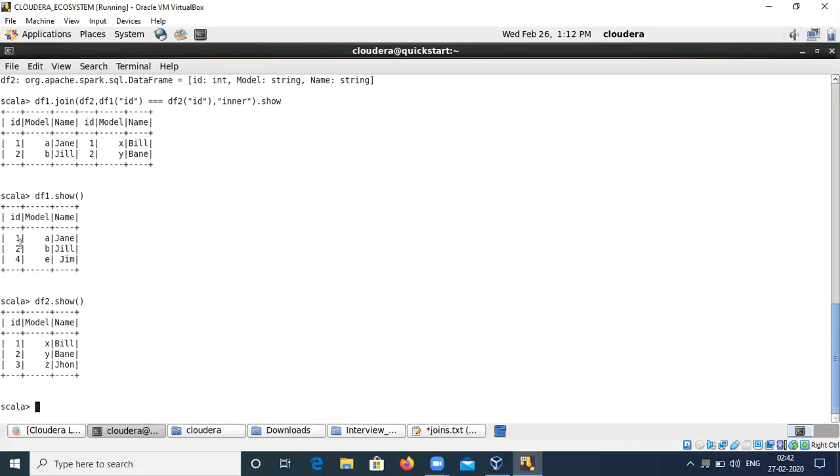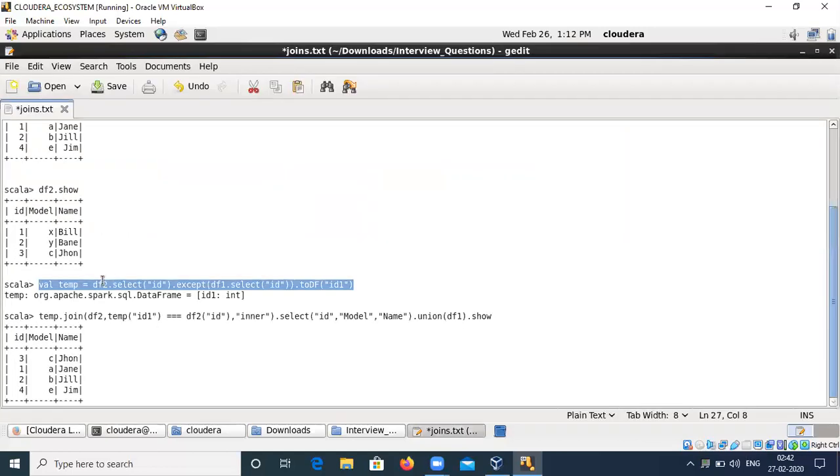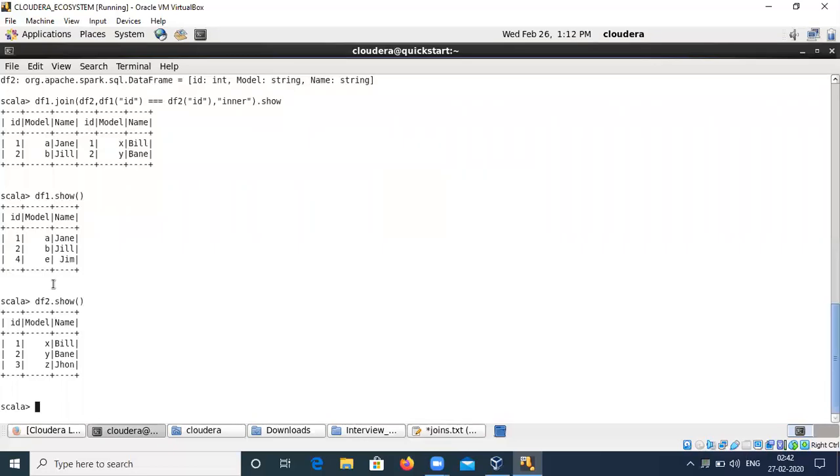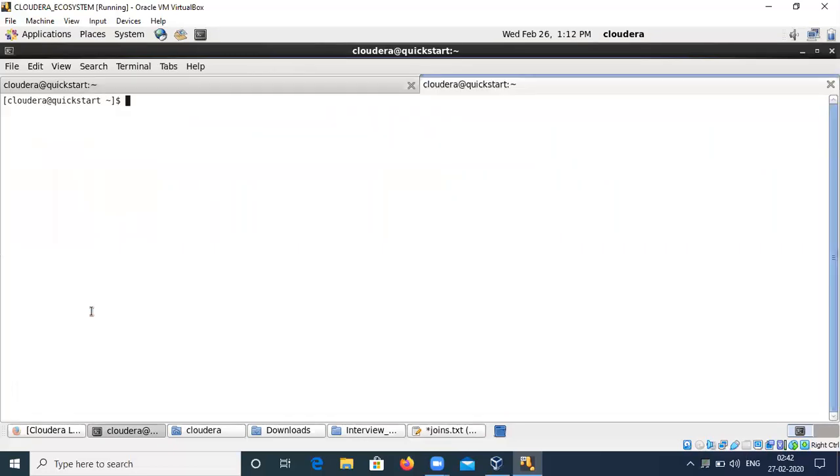You got the requirement here? He has 1 2 4, but here 1 2 3 are available. So 1 2 are available in both data frames, so you don't want to include those. 4 is available only in one, so it's like the complement of A intersection B. Correct, exactly, intersection and then complement. So for that I've used one temp storage. You see here I'm using some, sorry,